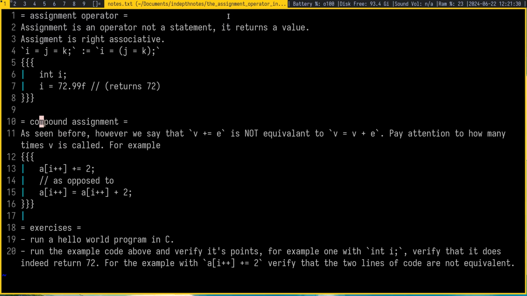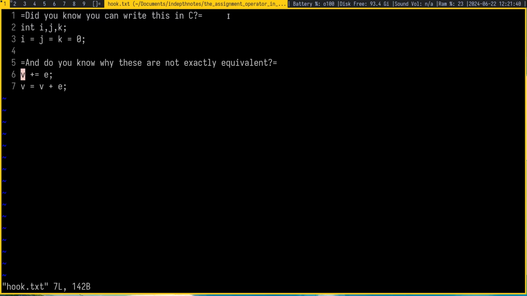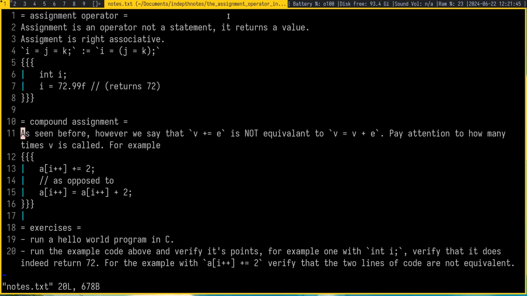Compound assignment. We have to think of this as not equivalent to this. Right? These two are not equivalent. Going back, these two are not equivalent. They're similar. In 99% of cases they are equivalent, but if we look at this edge case, we see that